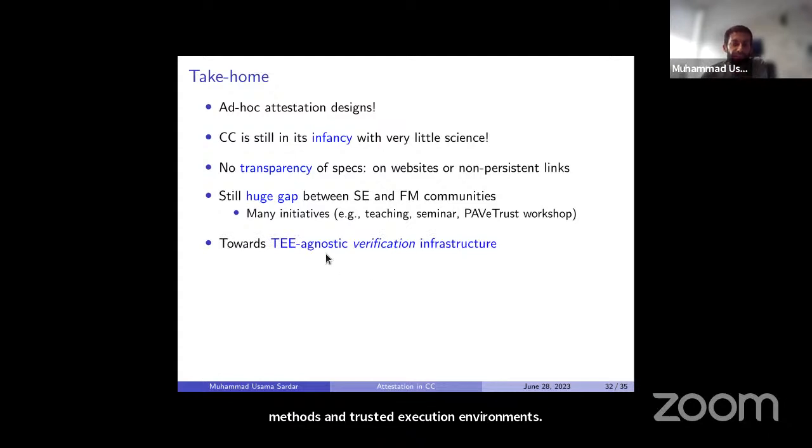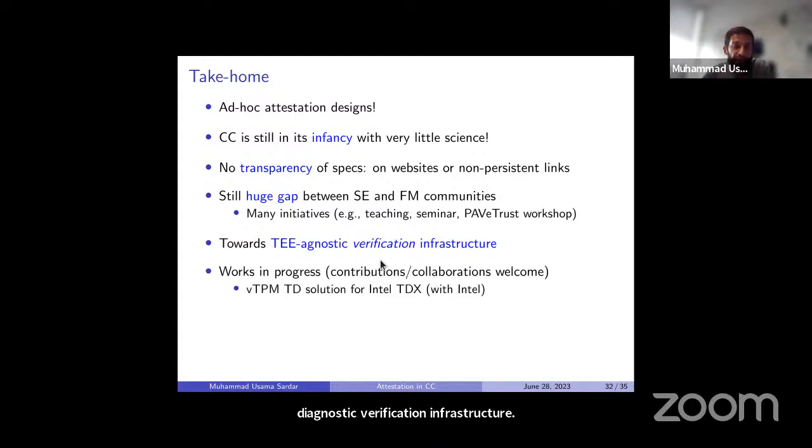So we have TEE-agnostic infrastructure, but what we are moving towards is having TEE-agnostic verification infrastructure. This is what we are aiming at. In this regard, we have a couple of works in progress. After this Intel TDX work, Intel contacted us that they want verification of the virtual TPM trust domain solution in addition to the trust domain. So there is a user TD and a vTPM TD. How do they communicate and interact to create a secure channel? Intel is now very interested in this, and we have a big team on this,